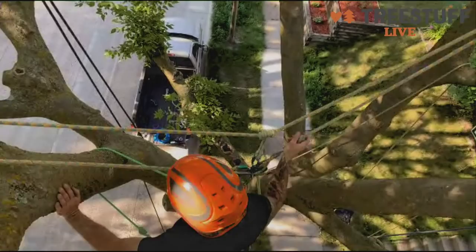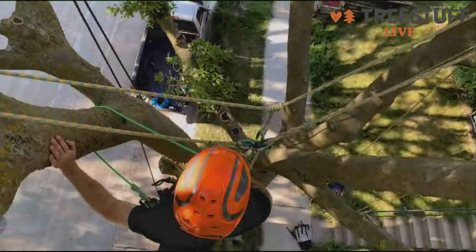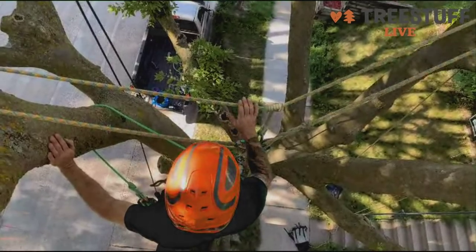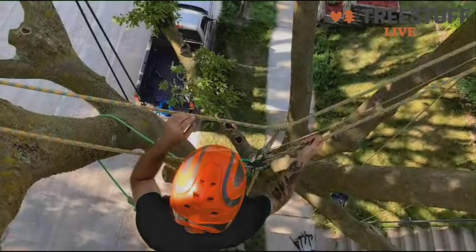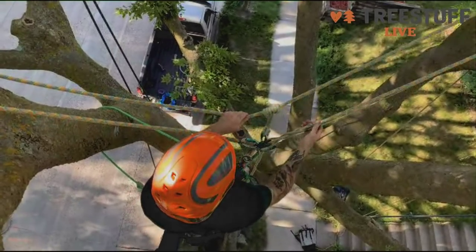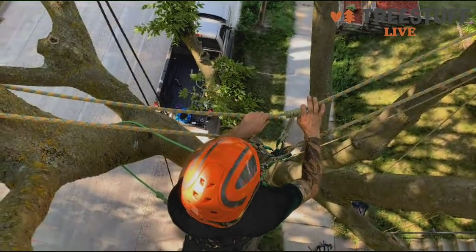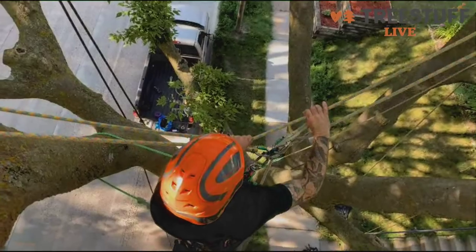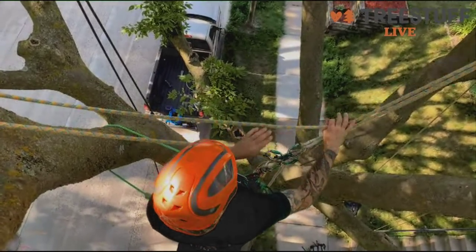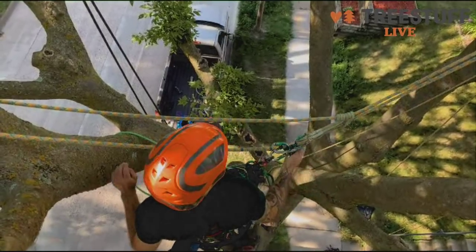Now, you'll notice, and this is perfect, we discussed this earlier, Nick tightened that up just a little bit too much, where he's sort of relying on both lines. This is an easy trap to get into, which we discussed earlier. It's always better to keep just a little more tension in your primary anchor and just a wee bit of slack in that line there. And you'll see as you experiment,